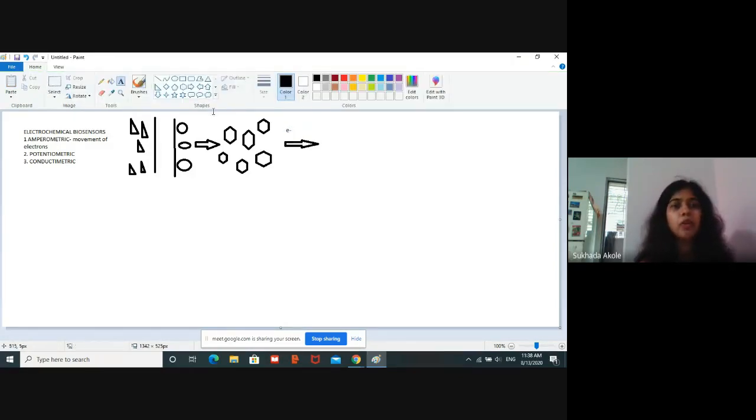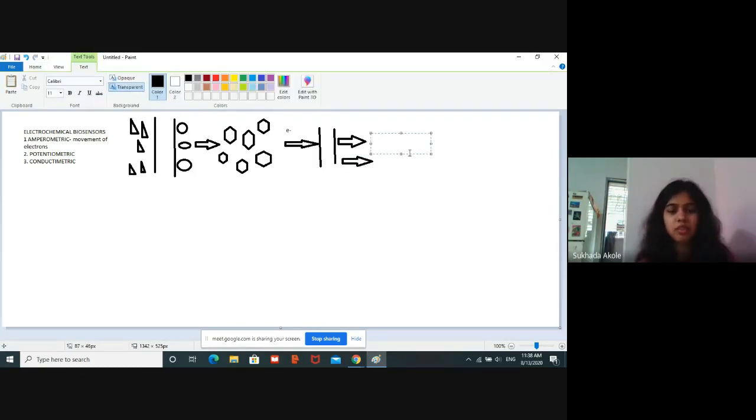Now what people do is they add an electrode here. Electrode means cathode or anode, depending upon what system you are creating. So this here is my electrode. Now what will the electrode do? After this electron goes and binds to this electrode, there will be a change in the number of electrons in the electrode, thereby generating a current which can be measured. So this is my current that has been generated. And this current then will be measured using computers and we will get our result.